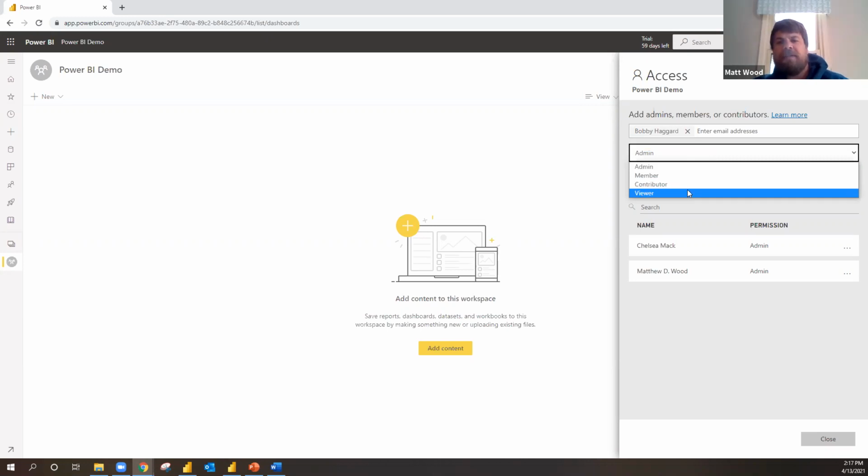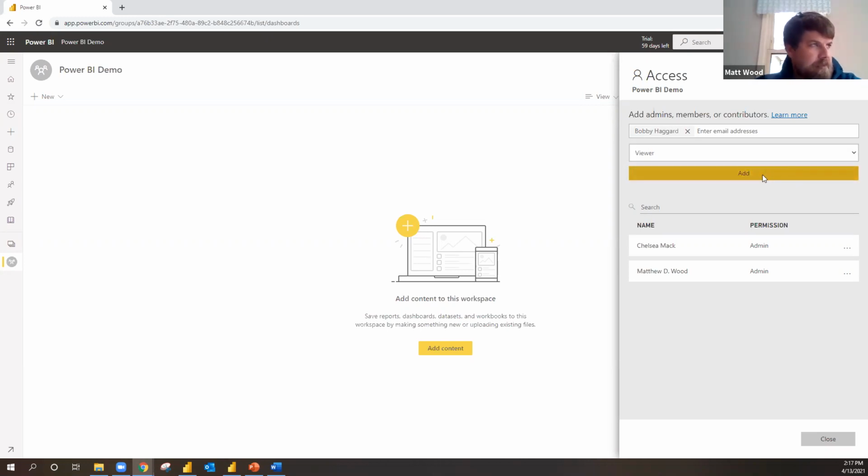Something also to keep in mind is if you have security within your ERP, for example, to certain tables, this could also drive some of that. So if I only have access to sales, I may only see data related to that. Doesn't mean I can't open the report, but some data might be hidden from me. Okay, so we'll close that.